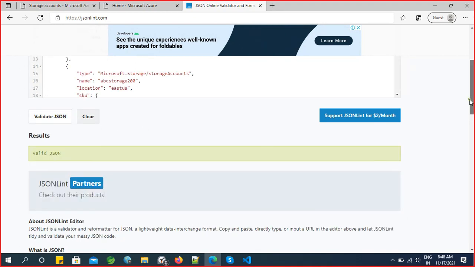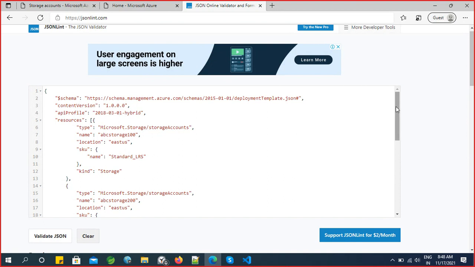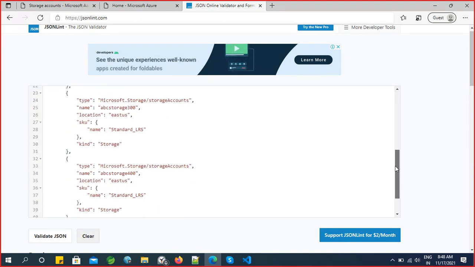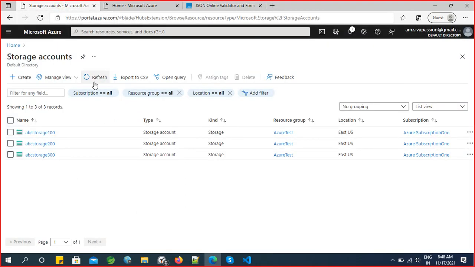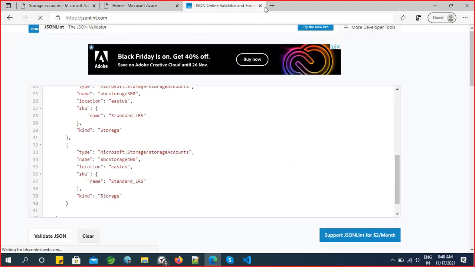Valid JSON only. Comma 300, 400. Code wise it is correct. Yes, if you observe, 400 is created. Okay, sometimes it takes some time to create. So this is the way to create storage accounts by using an ARM template or by using predefined